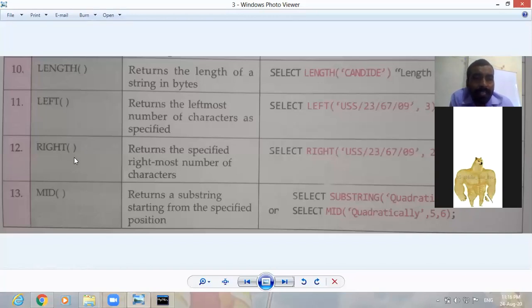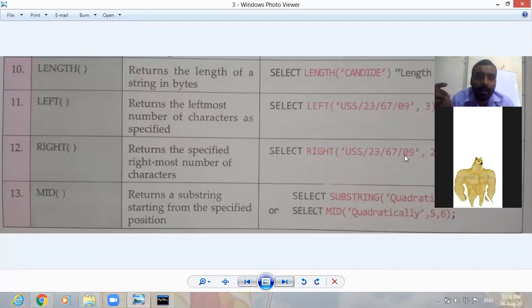The same thing, there is use of right function. What is the use of right function? Right function returns the specified rightmost number of characters. That means suppose you are given the text and then 2 is given. It means now this right function will provide 2 letters counting from the right side, first this one, then this one.